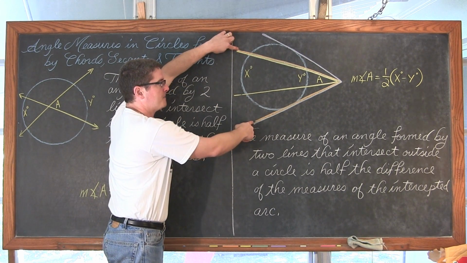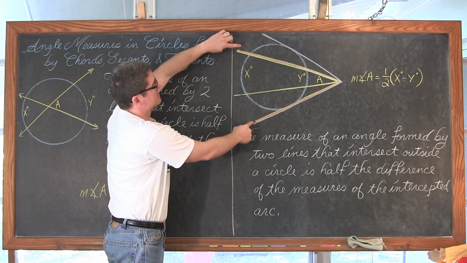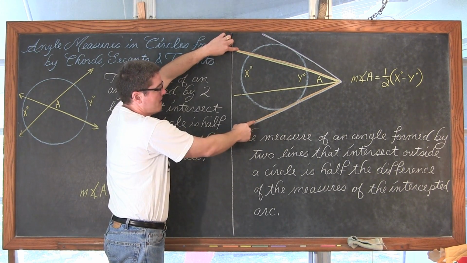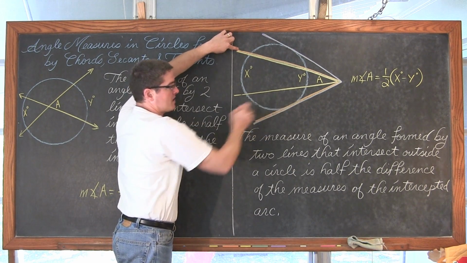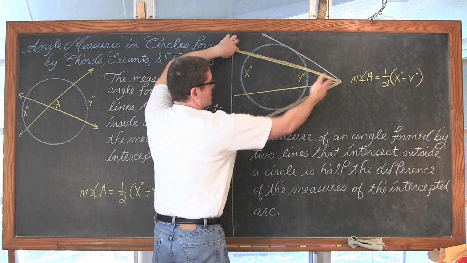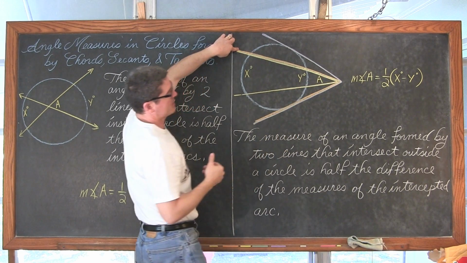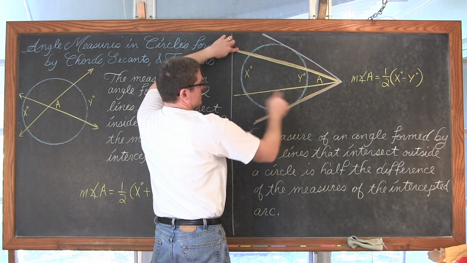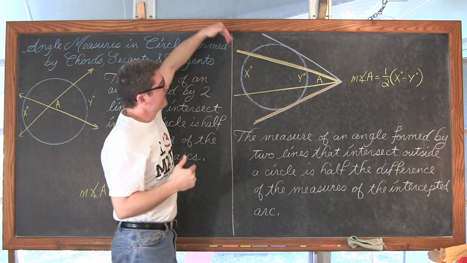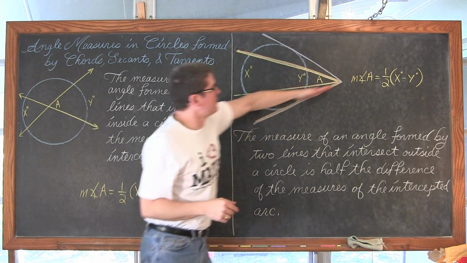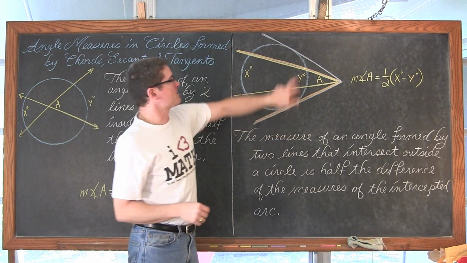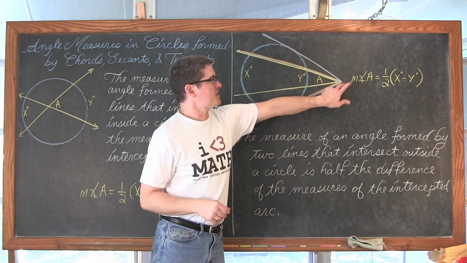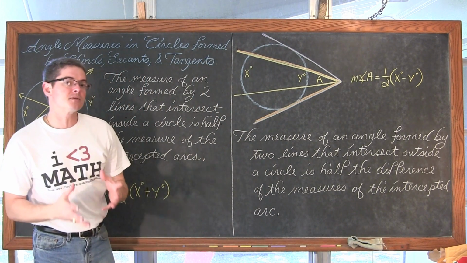I have an orange angle. It consists of a line intersecting the circle twice and a line intersecting the circle only one time, which means this orange line is a tangent line touching the circle only once. Or we have an intersection of two lines that are each a tangent line. Either way, the intersection point of those two lines is outside of the circle.